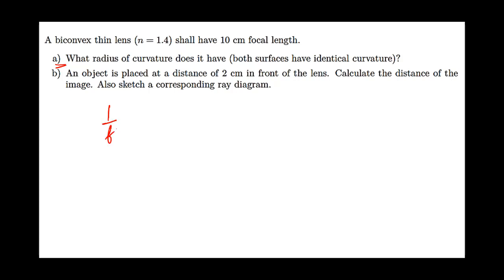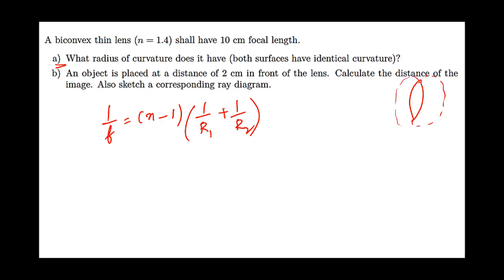Recall the equation that 1 over focal length is (n minus 1) times (1 over the radius of curvature of the first face plus 1 over the radius of curvature of the second face). But here we have a biconvex lens. That means the radius of curvature of this one is equal to the radius of curvature of the other one. So we simply have (n minus 1)(1 over r plus 1 over r), or n minus 1 times 2 by r. This is equal to 1 over the focal length,